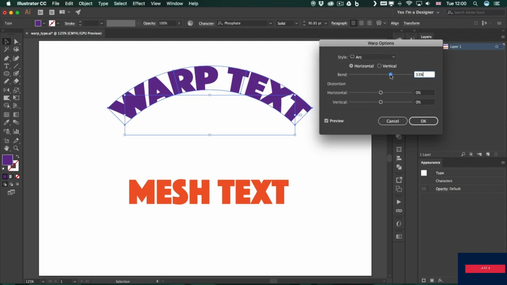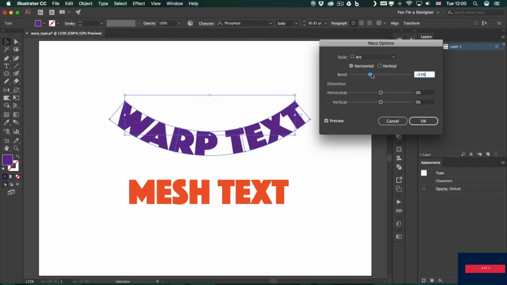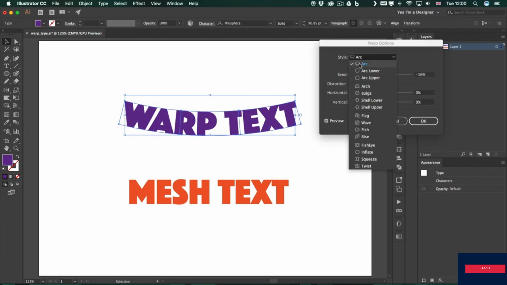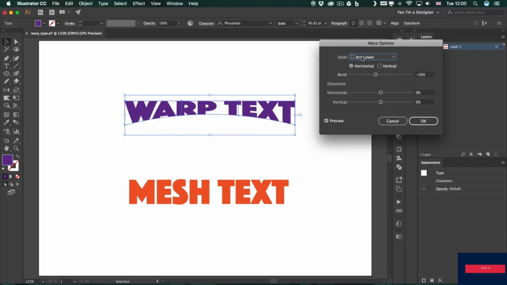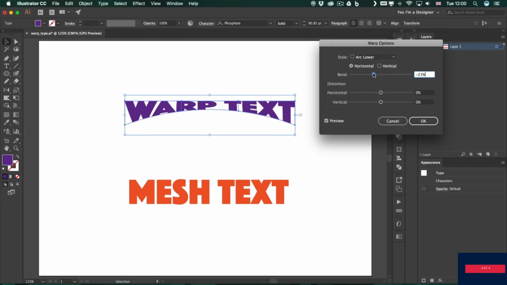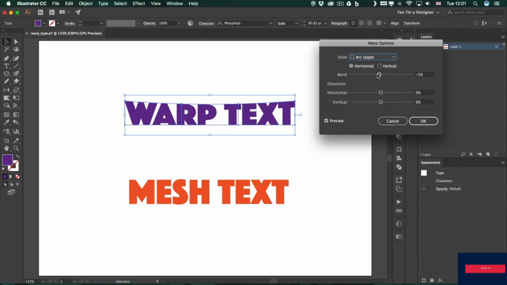So we can change the bend, which is going to change the amount of this distortion that is created with the style that is highlighted here on the top. So the style is currently set to arc, but we can choose arc lower, which means only the bottom of the text is going to be curved, but the top stays straight. Or we can use arc upper when it's the opposite, so only the top of the text is going to